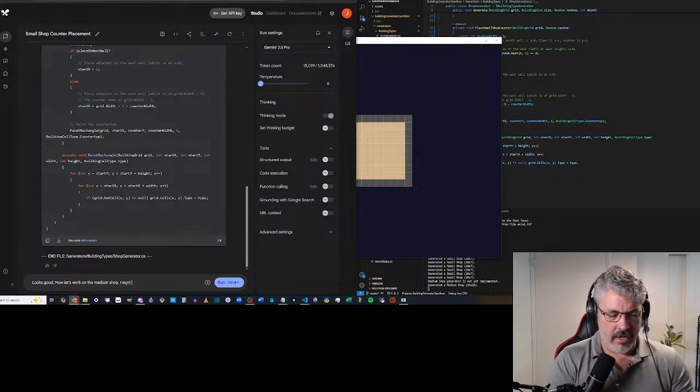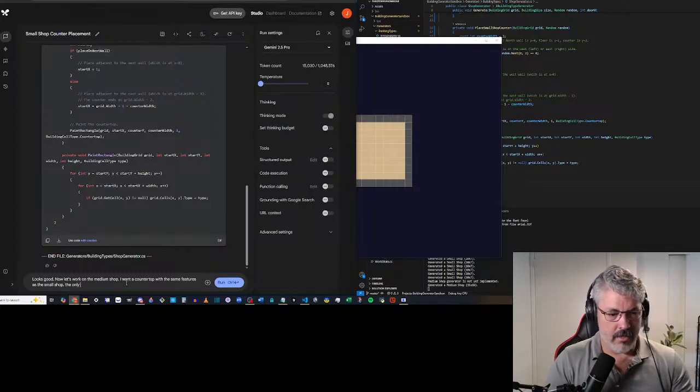I want a countertop with the same features. I should be more specific: the same features as the small shop.